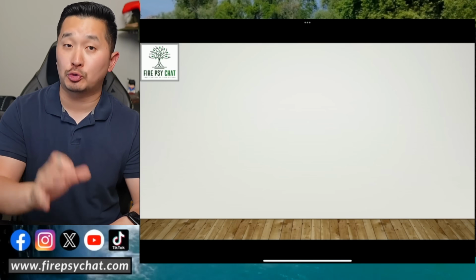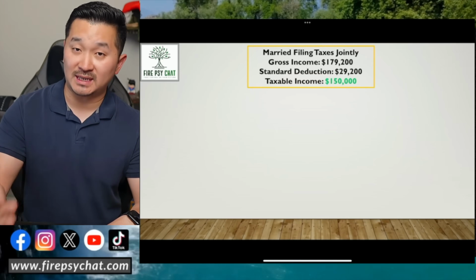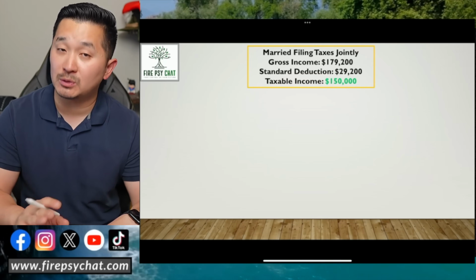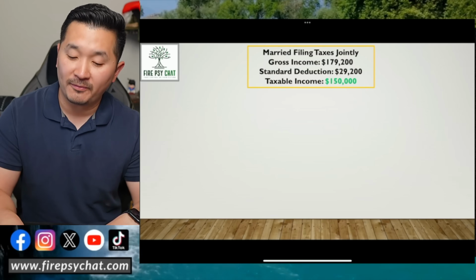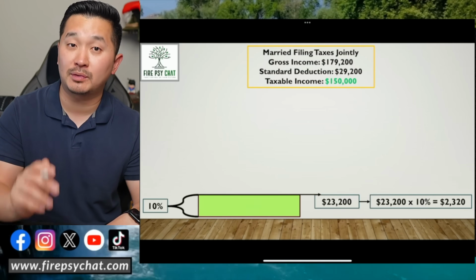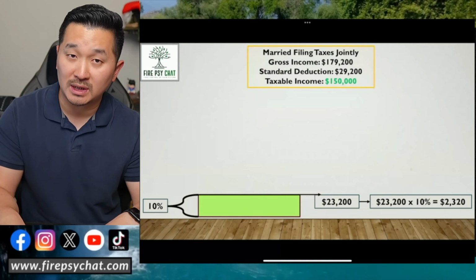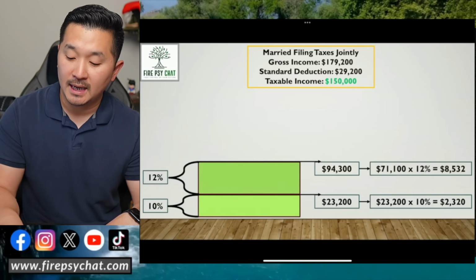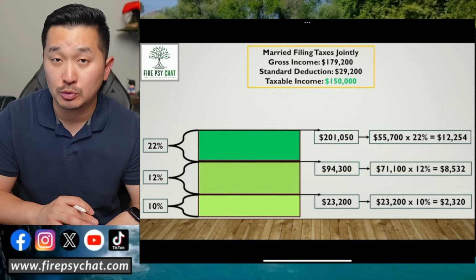And take a look at the tax bracket for married filing jointly. And let's assume that your gross income is $179,200. After the standard deduction of $29,200, your taxable income is $150,000, assuming that you have no dependents. So the first $23,200 is taxed at 10% or $2,320. The next $71,100 is taxed at 12% or $8,532. And the remaining $55,700 is going to be taxed at 22% or